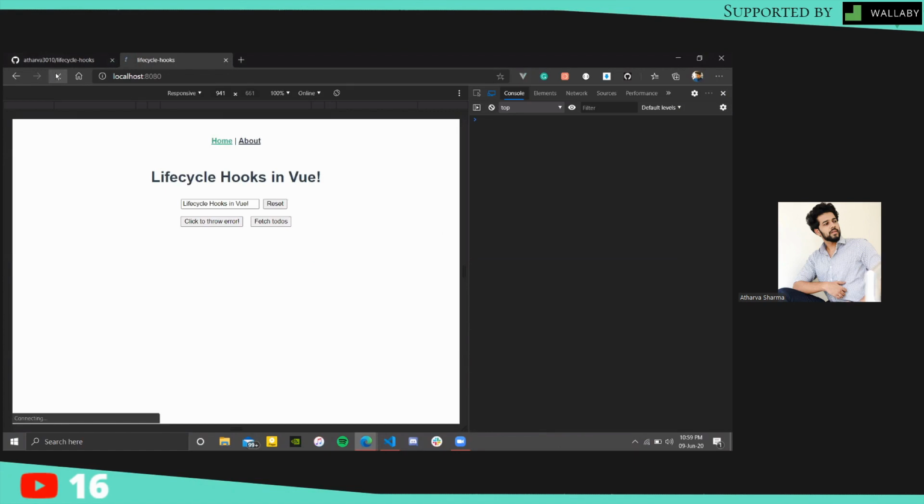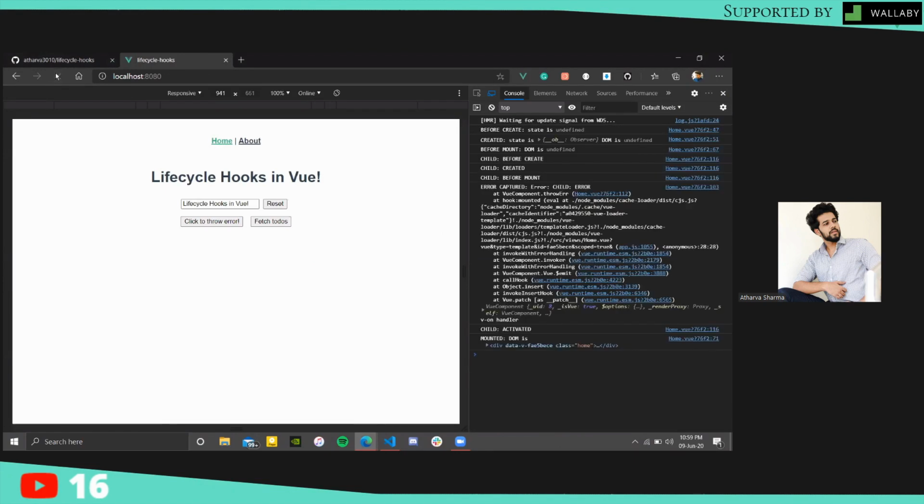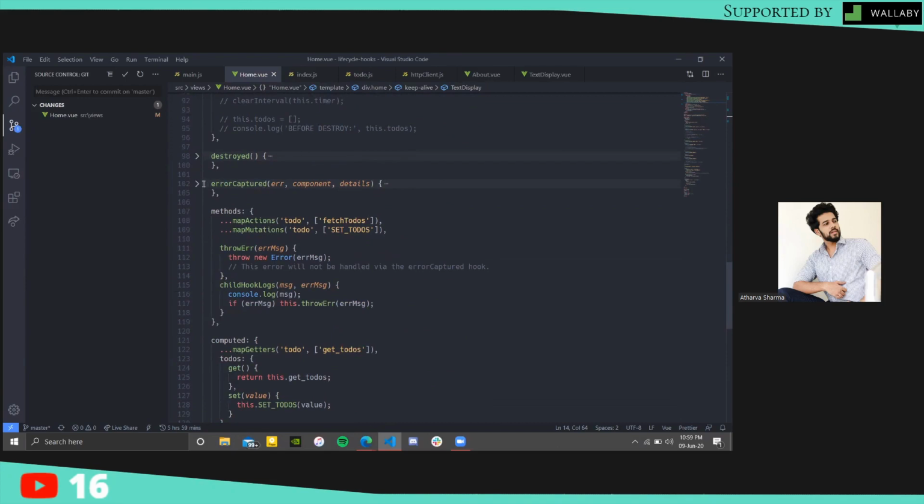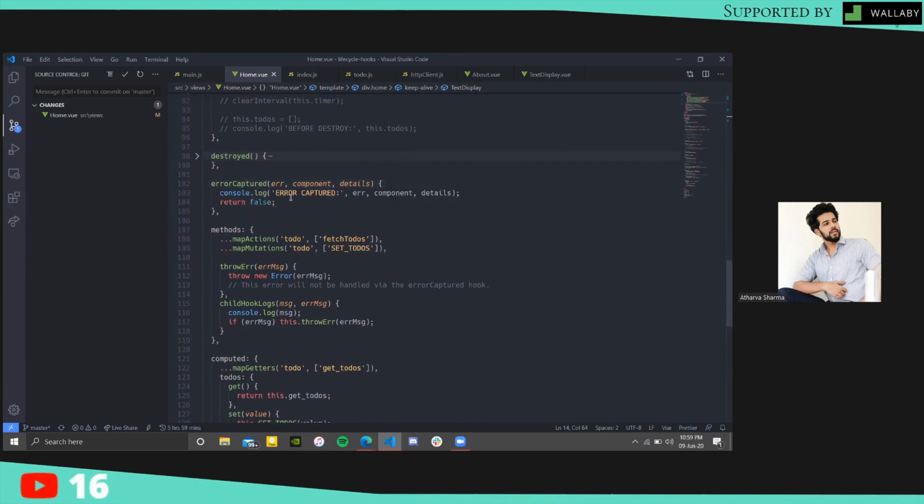So let's see what happens when we reinitialize our app and the whole lifecycle runs again. We saw that the child component was rendered and the error was captured. Child error, yeah. And we can see that it has been captured in the error captured hook, because we are console logging error captured, the error, the component, and the details.